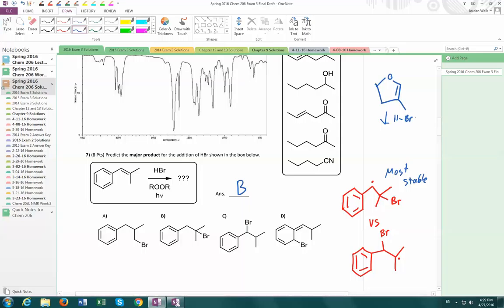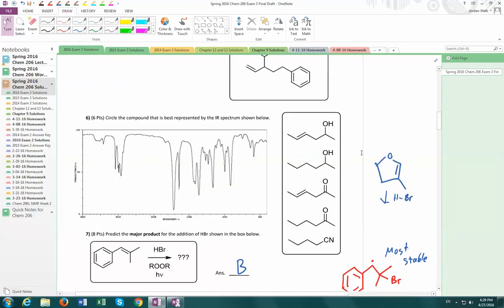Good review for the exam. Yeah. All right, so what kind of mechanism is this? It's an electrophilic addition, right? All right, so let's. Wait, can we